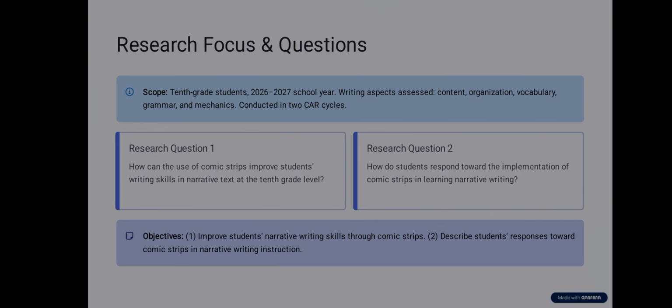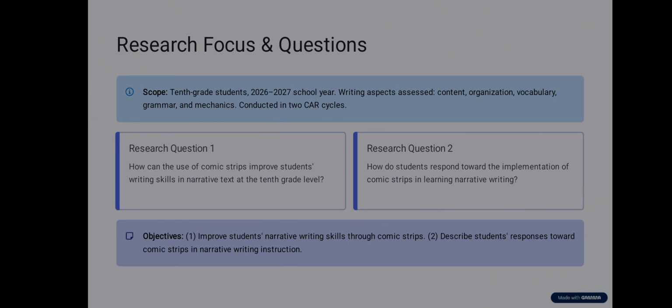Comic strips combine pictures and short dialogues arranged in a sequence of events. Because narrative texts also tell stories through a sequence of events, comic strips can provide visual support that helps students understand the storyline more easily. In my opinion, comic strips can help students in three ways.